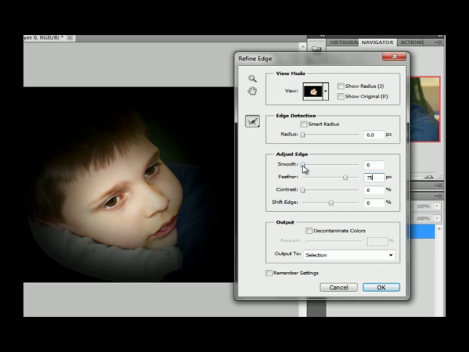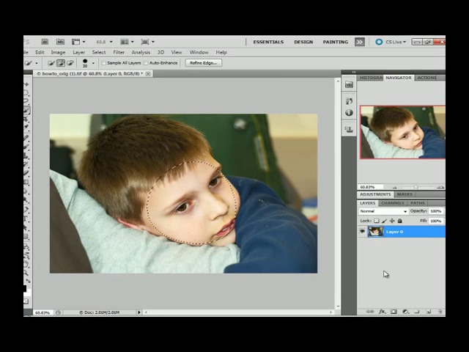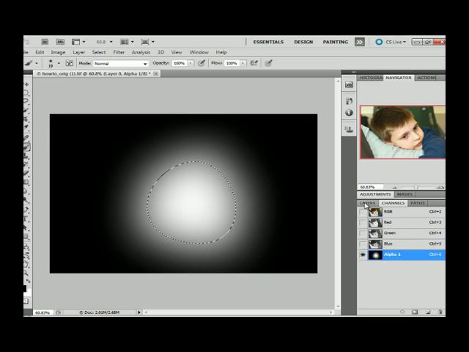And then you can smooth the edges as well. I'm going to do about 35. When you're done with that, you click OK. Okay, and then what you're going to do is save it as an alpha channel. So click on the Channels tab, and then click on this little box with the white circle inside. It's saving the selection as a channel. So it says Alpha 1. So we're going to go back to Layers,